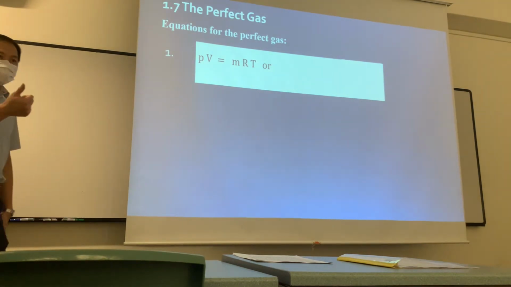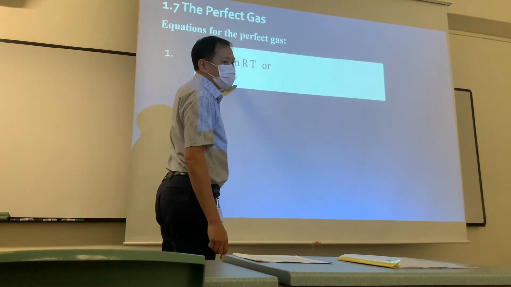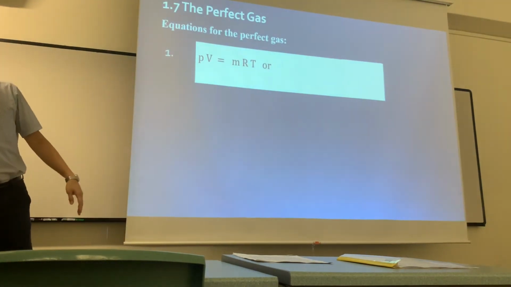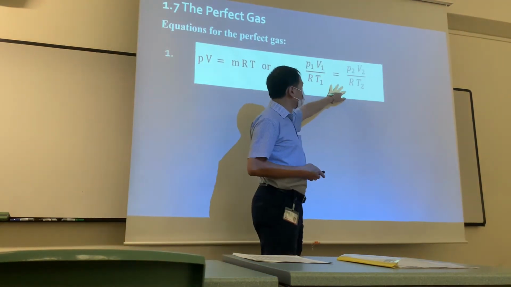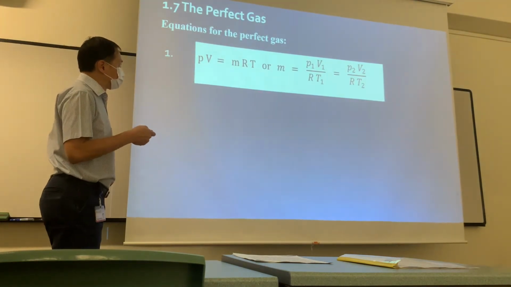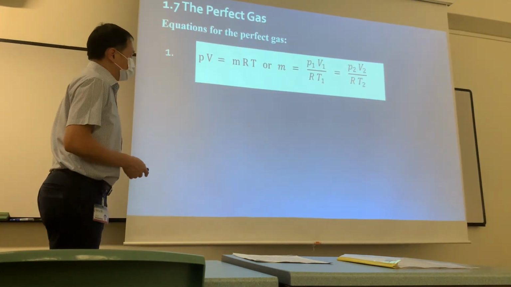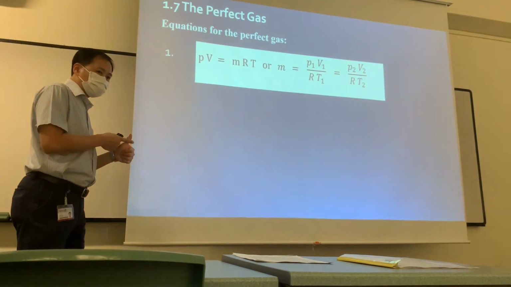Steam is not a perfect gas, so you cannot apply this for calculating steam. We do not consider steam as a perfect gas. So very often, we use this one to calculate the mass. But we cannot use this for steam, only for gases like nitrogen, oxygen,